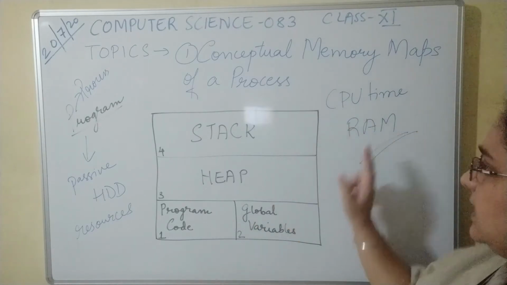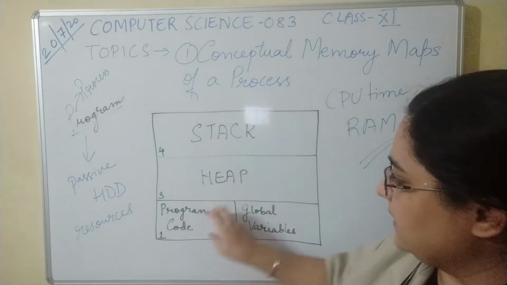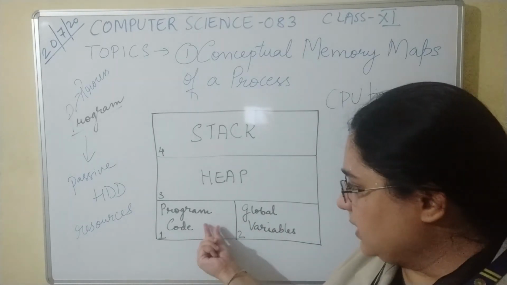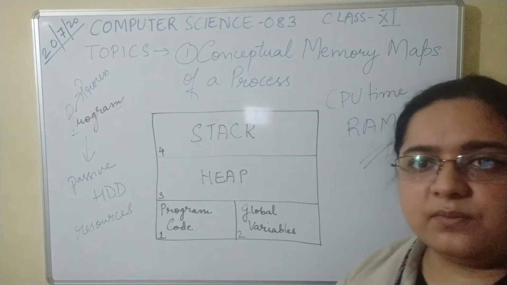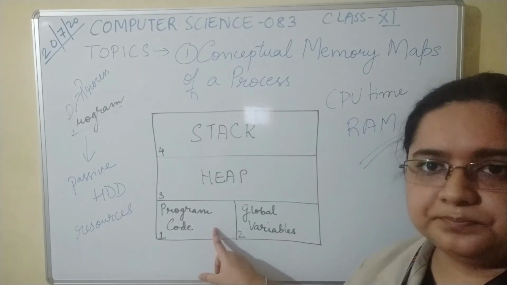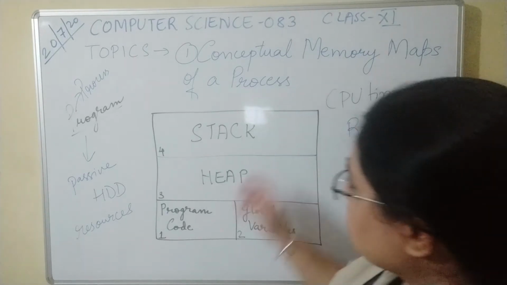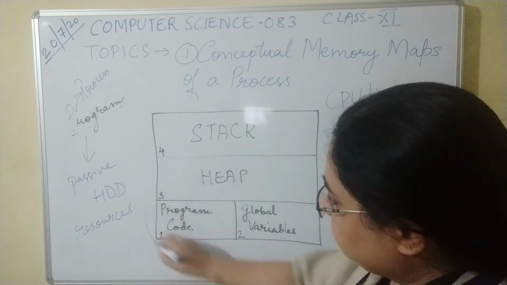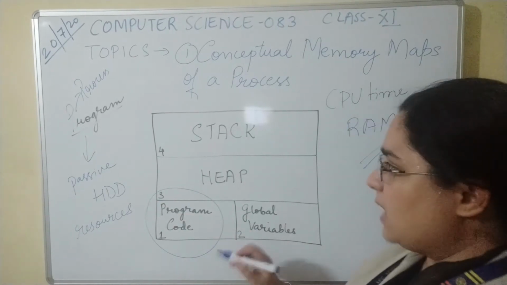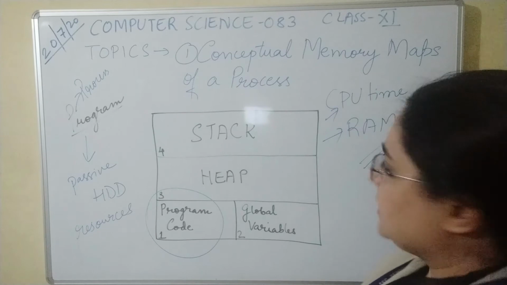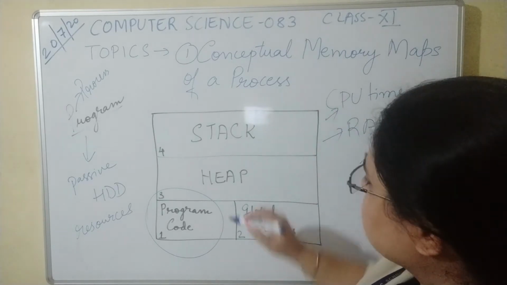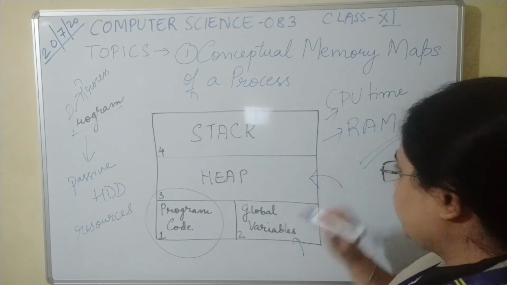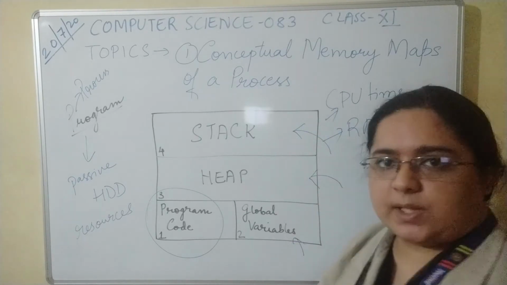It is provided these resources and it will have some information associated with it. At the very beginning we have the source code of the program, which is the program code. So a process gets a lot of things. When it was on the hard disk, it was only this part, that is program code. But now that it has been given CPU time and RAM, it will be given all these things. It will be given some global variable space also. It will be provided heap space. It will be provided stack space.